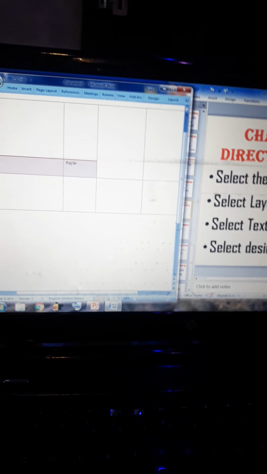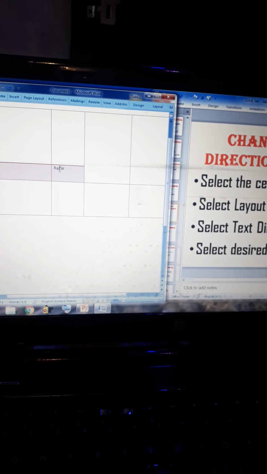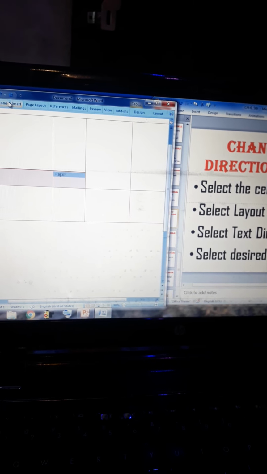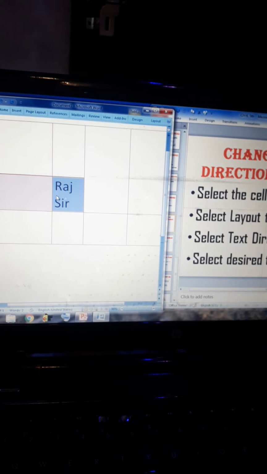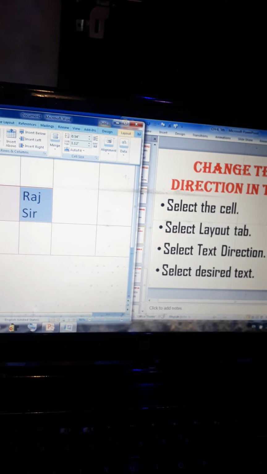Okay, and after this we have to click on the layout tab. First of all I am going to increase the size. Then select the layout tab, so I am going to click on the layout tab. Next is given select the text direction, so I am going to increase this, and you can see the layout,